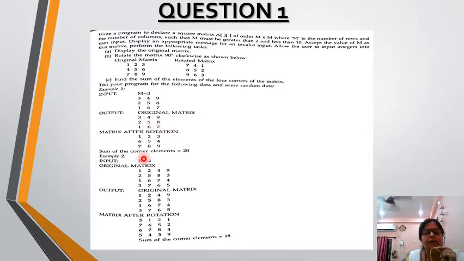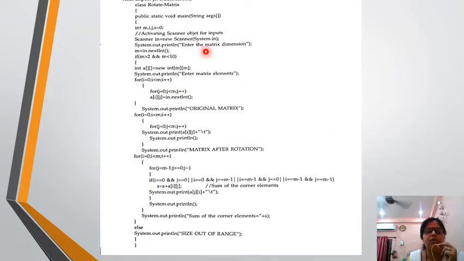Okay, and after the rotation we have seen that 167 has been here, and 323 49 has been here. See, the matrix has been rotated. Okay, and the sum of the corner elements 3, 9, 7, 1 has become 20. Okay, so like this we have to do our program. Pay attention to the program. See, here's the solution of the program, how we have to rotate the matrix.